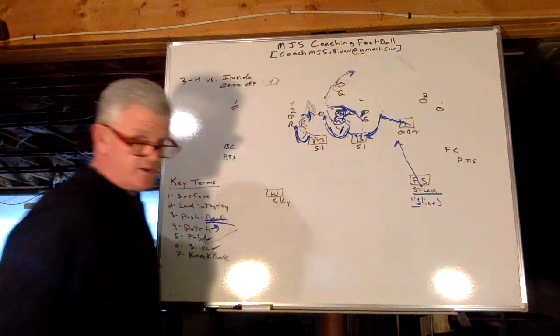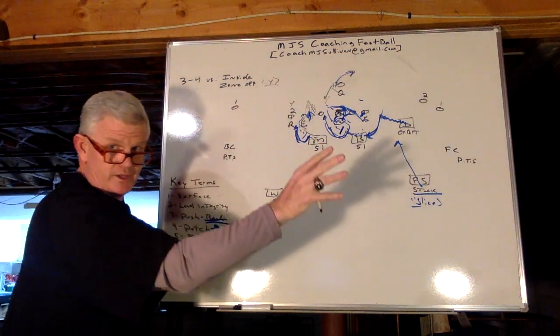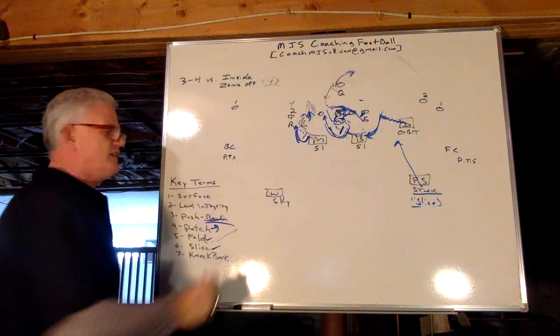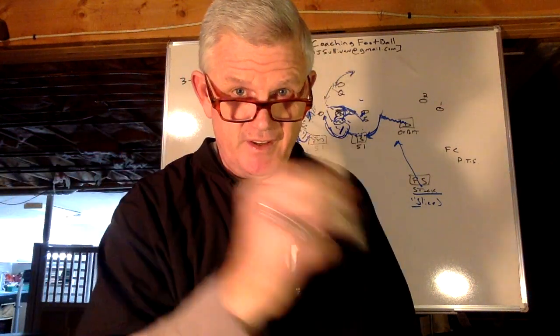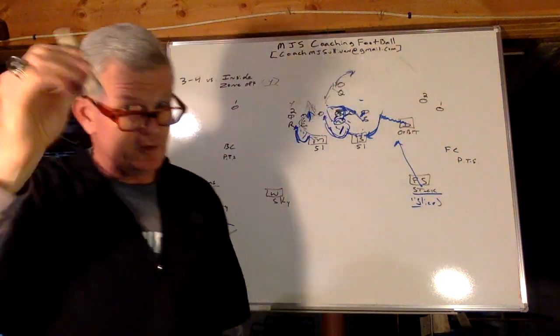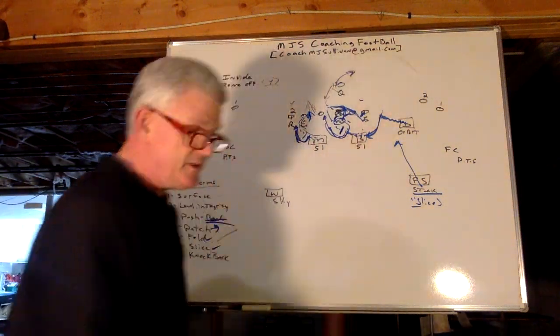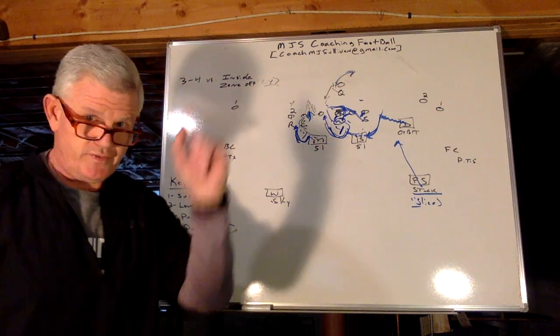Then we have defenders in position, listening for reverse, whose call should be coming from over here. What's meant over here by PTS? All we ask our corners to do is protect the sideline. PTS, protect the sideline. Don't let the ball get to the sideline or we've got trouble, right? So let me get to the rover before I get to the force defender, in this case,